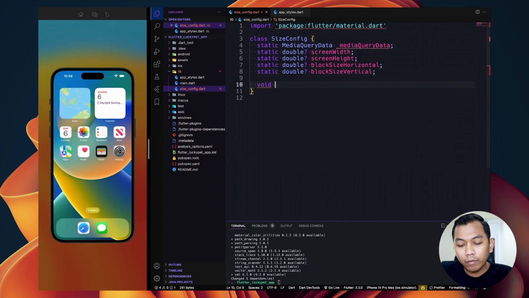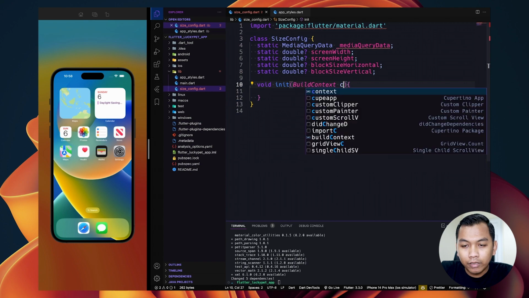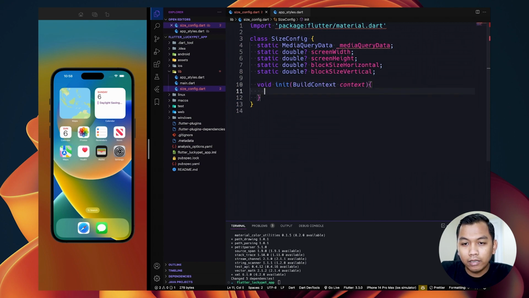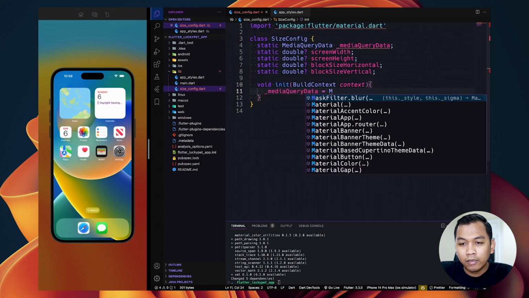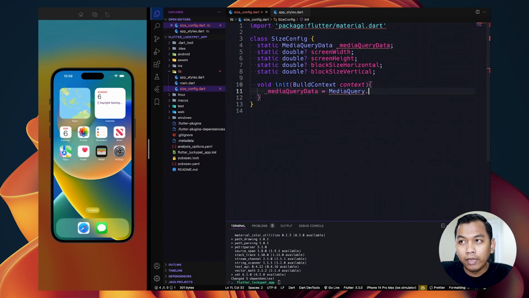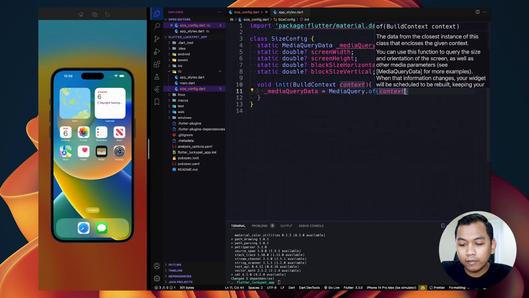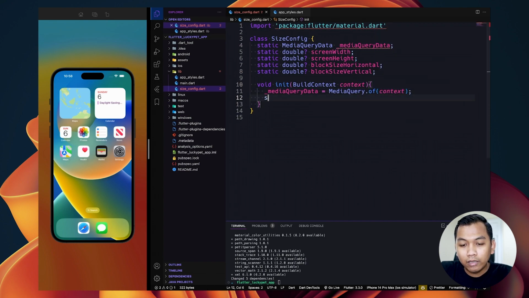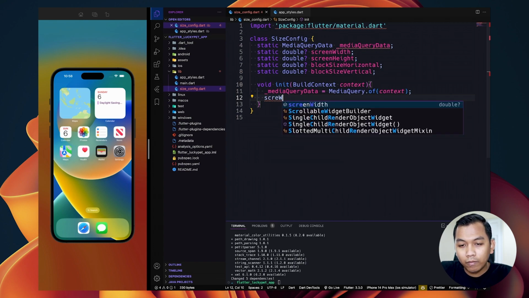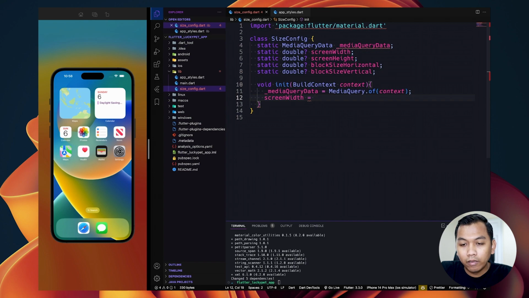And let's create the init function here. We need to provide a parameter, which is context. Inside that, let's initialize mediaQueryData as MediaQuery.of(context). The next one, screenWidth, equals mediaQueryData.size.width.